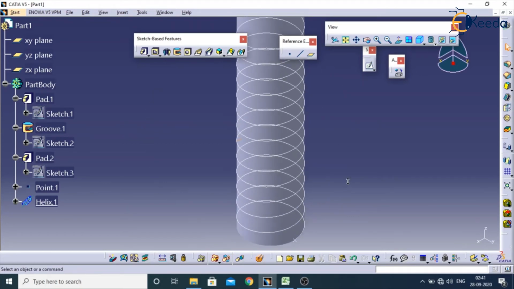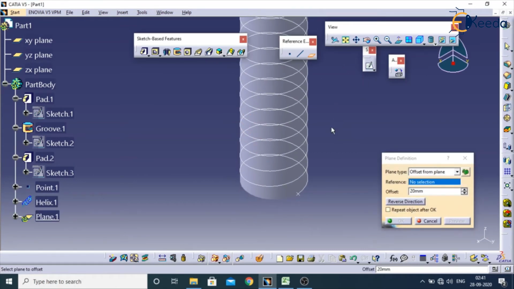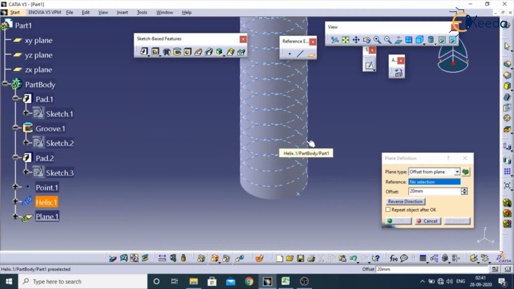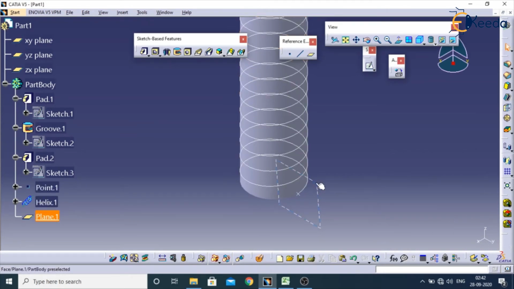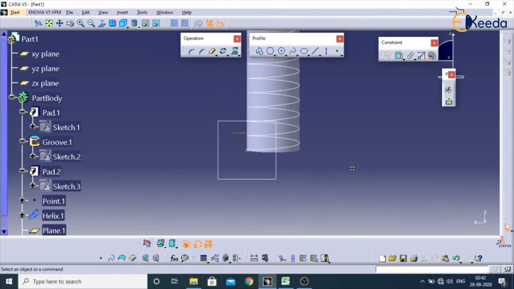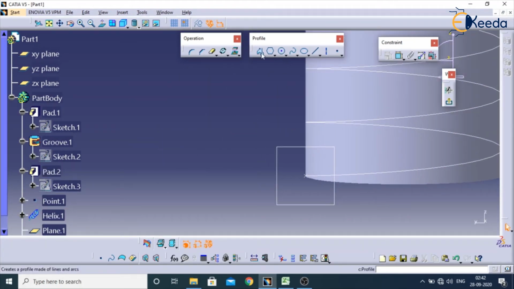Create a plane over here. Go for plane. Select this curve and select this particular endpoint. Apply OK. Select this plane. Go for sketch. So for creating threads, we need to create a sketch. It should be in triangular direction.